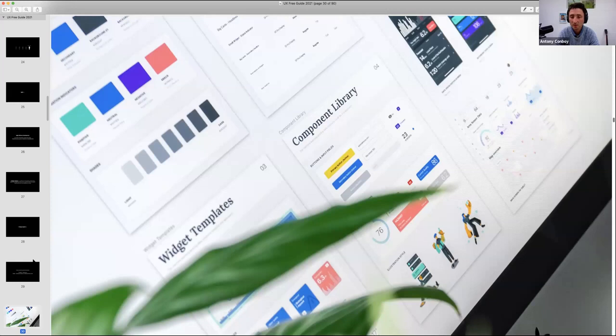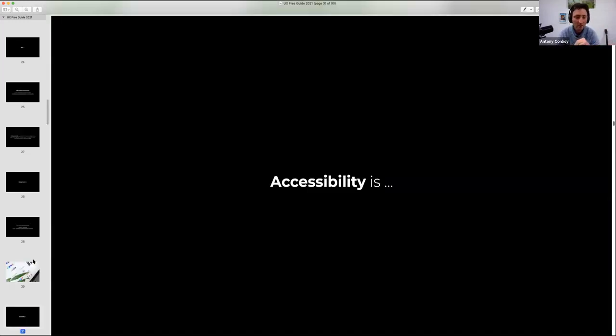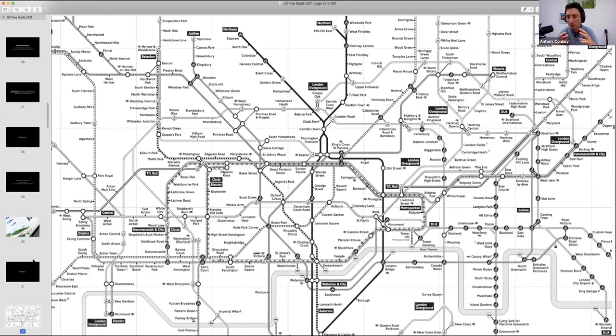This is an example of what it looks like with all your components, and you drag and drop them and you put it on. The next basic thing we're going to talk about is accessibility. Now, accessibility is basically making the web available to everyone and making it easy to use. And there's loads of different things, but what I've got on the screen now is